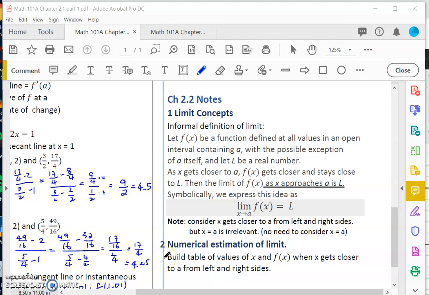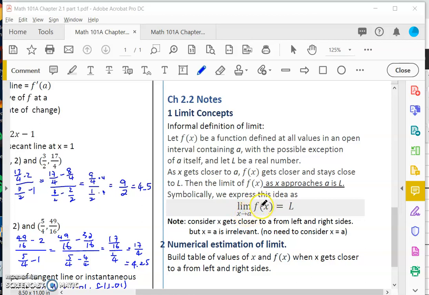Hello, in this video, we're going to cover 2.2 of the textbook about limits. First of all, we'll talk about the definition, or how we write limits symbolically, and also explain what it is about. We want to find out what a particular function does when x approaches a. We will say the limit as x approaches a